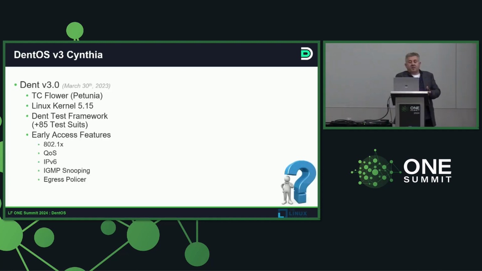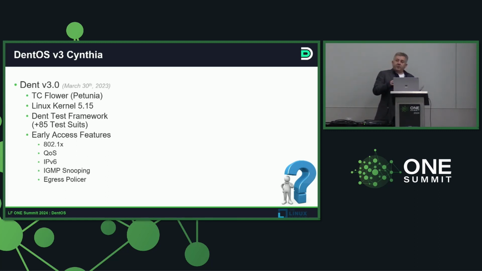3.0 came out in March. It included a bunch of features. I'm not going to go through the list, but in general: how do we control the deployment? How do we make sure that the communications are secure? The network data flow is controllable, and only the allowed players can access the data. We updated the kernel, and we introduced a more structured testing framework for Dent OS.